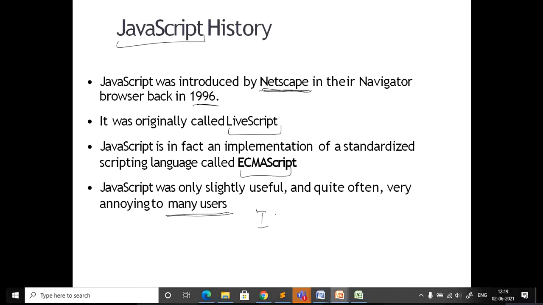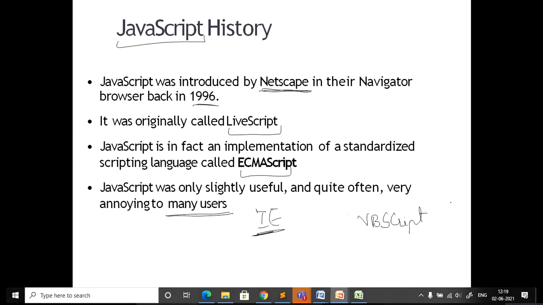Internet Explorer, in some particular version, we will check which version, at first did not support JavaScript.